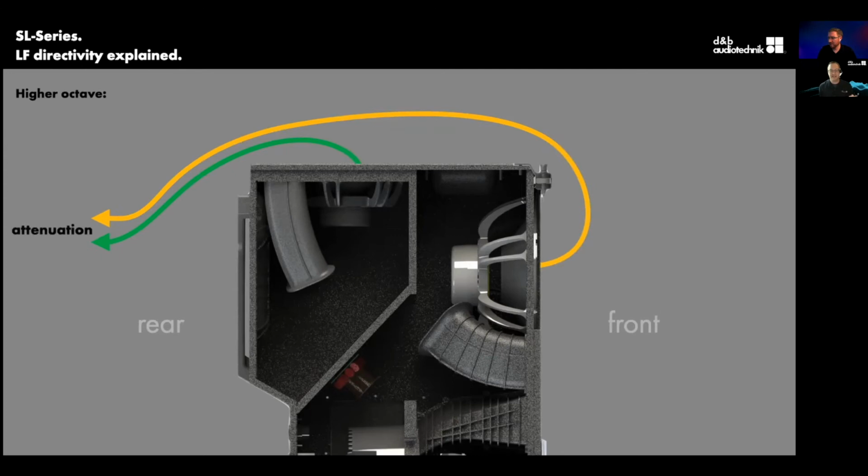So that addition that we're getting to the front would be if we took that side-loaded driver and put it on the front baffle. We're getting all of the available energy that's coming from there, complete addition, as well as we see here, the attenuation to the rear. But this is talking about a higher octave, as this radiates off the front of the cones, right? But we're talking about even extending down to the lower octave.